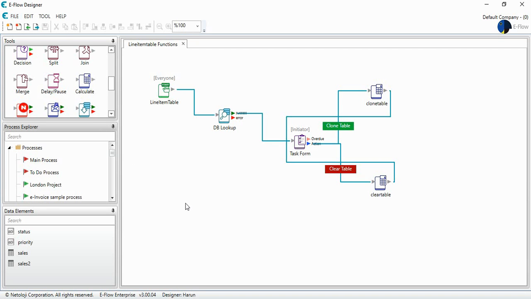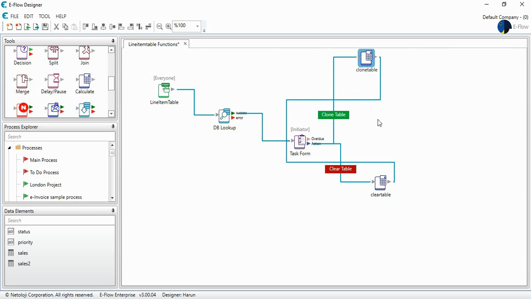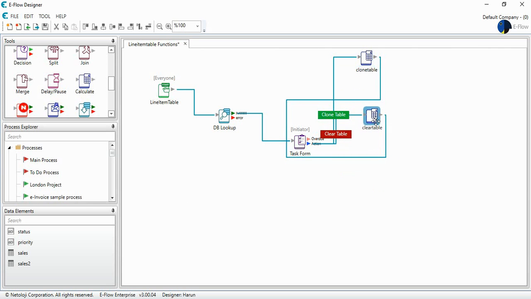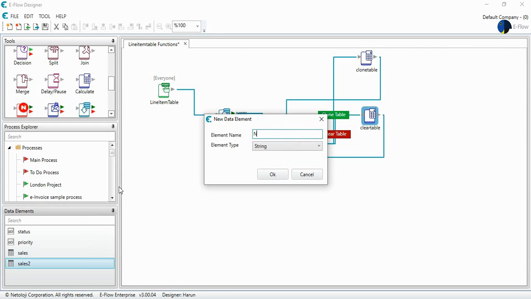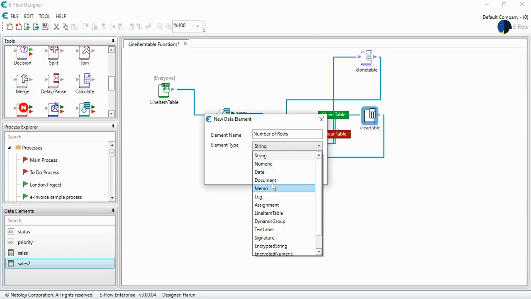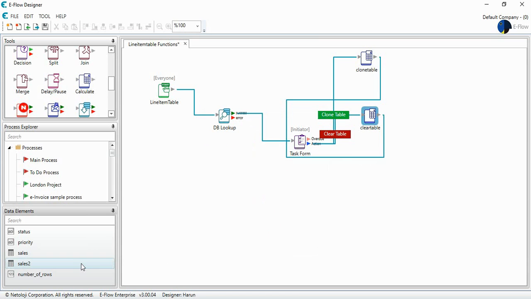How to use getLineItemTable row count and getLineItemTable column count functions in eFlow. I will again need to define the data elements as number of rows. I want it to be numeric